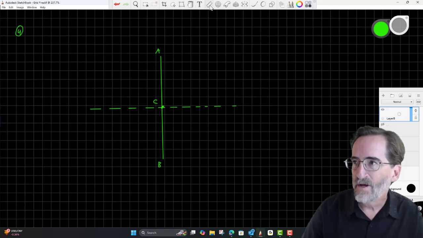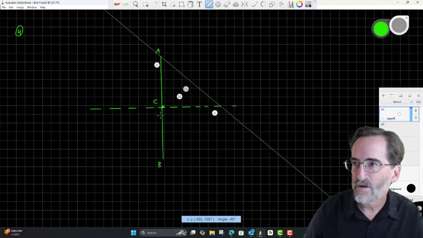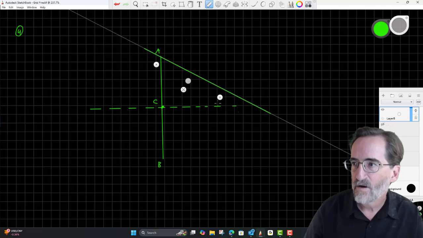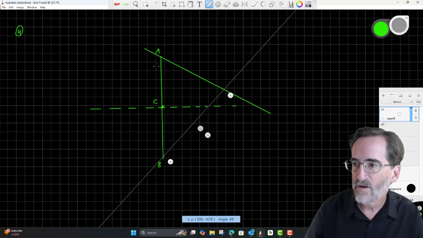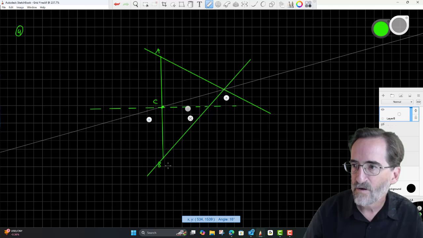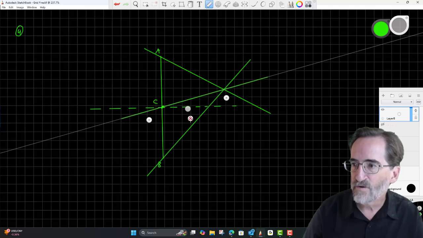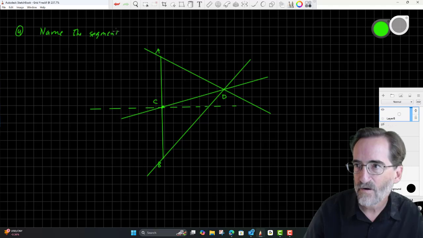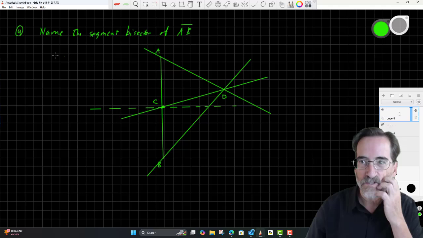Okay, and we also happen to draw a line from A and a line from B and a line from C. And they all intersect at point D. Name the segment bisector of segment AB. Now a segment bisector,